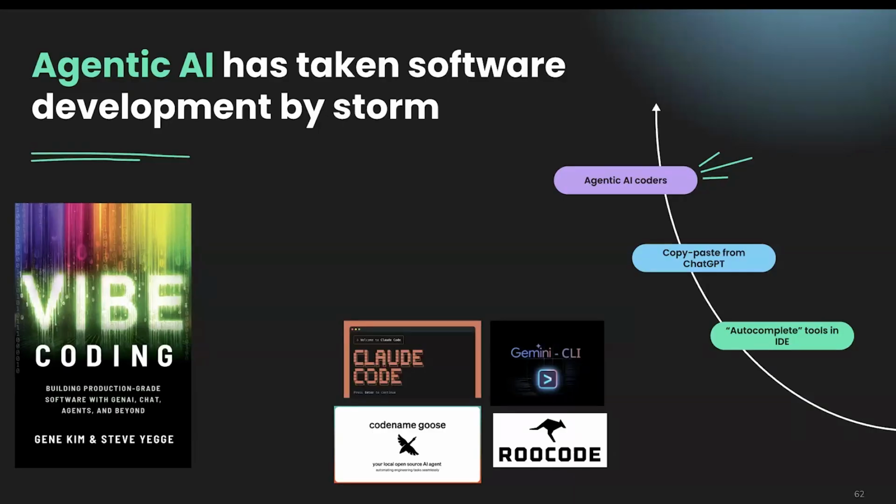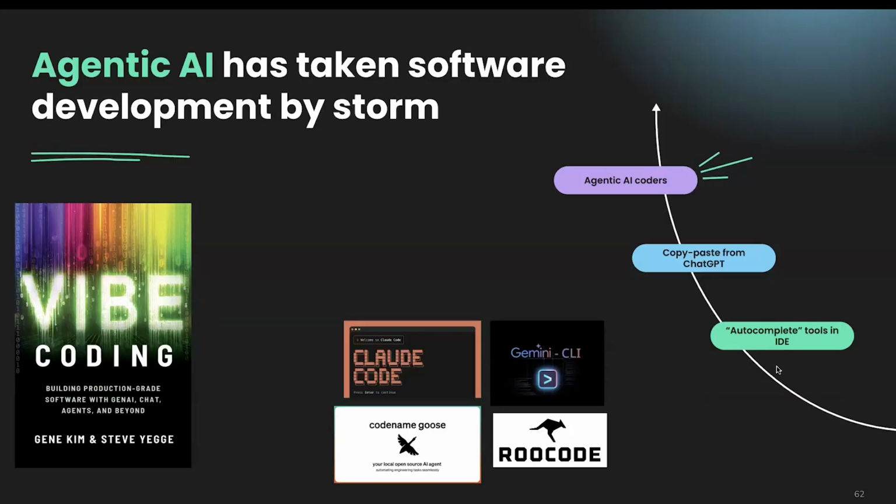rise to terms like vibe coding, where you essentially delegate a lot of the software development directly to agents. But of course, if you observe software developers who are using AI, you'll see a range of different uses, and you'll see sometimes people might even turn up and turn down the autonomy dial as they go along. But you can see this as part of a general progression from about 2022, where really AI